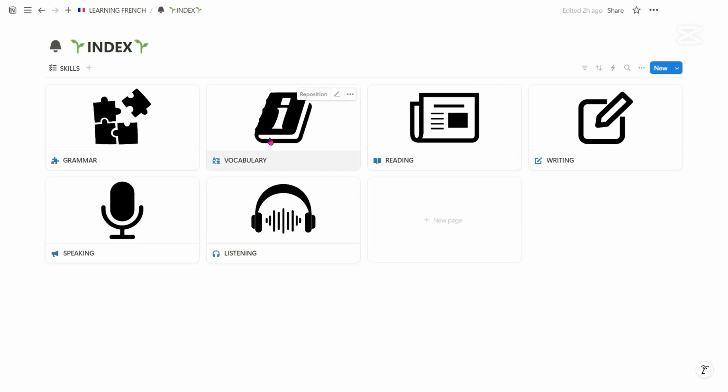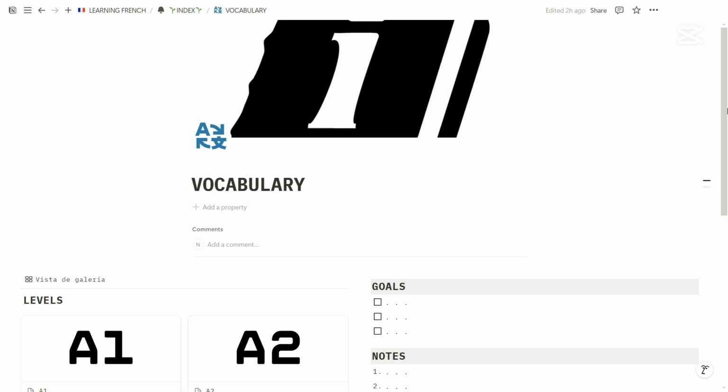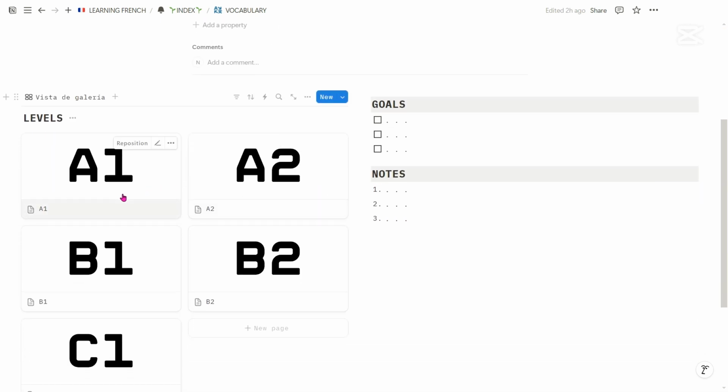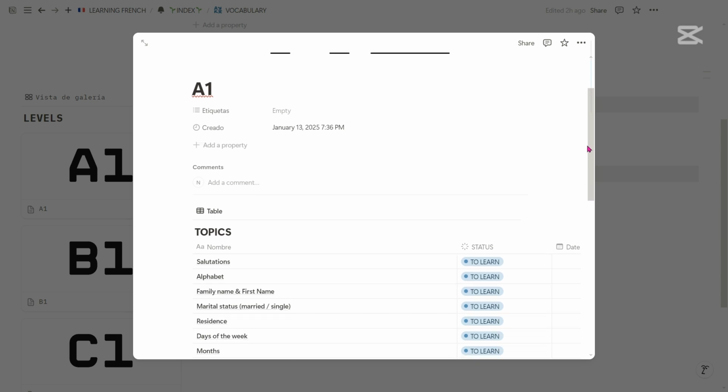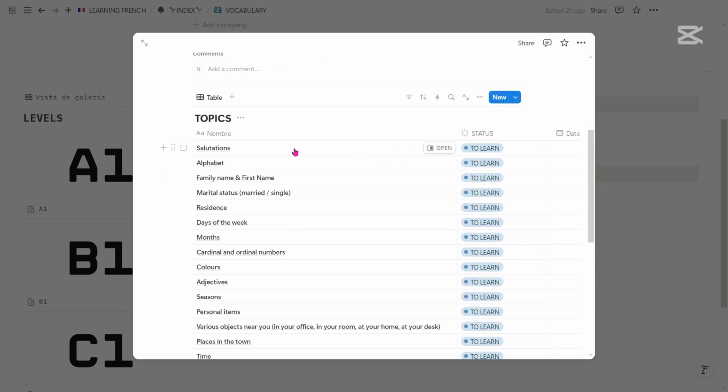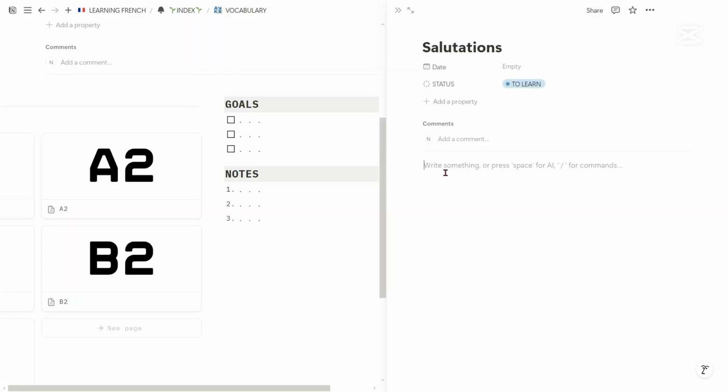Now, going to vocabulary, I have something very similar, but I also have here the alphabet. In this case, we have here greetings. And what I recommend you to do is to practice vocabulary in this way. For example, let's write this word. Then you can change it